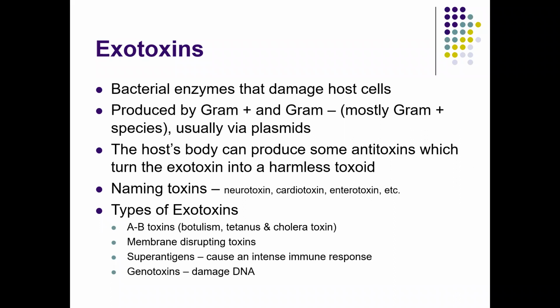Okay, so botulism, you get that from improperly prepared or improperly preserved foods. Tetanus, you get that from cutting yourself on an old rusty piece of metal or something. And then cholera toxin, you get that from contaminated water usually. But yeah, these are chemicals that those bacteria produce that make us sick. So botulism is technically a neurotoxin and an enterotoxin. Tetanus is a neurotoxin, cholera, enterotoxin.